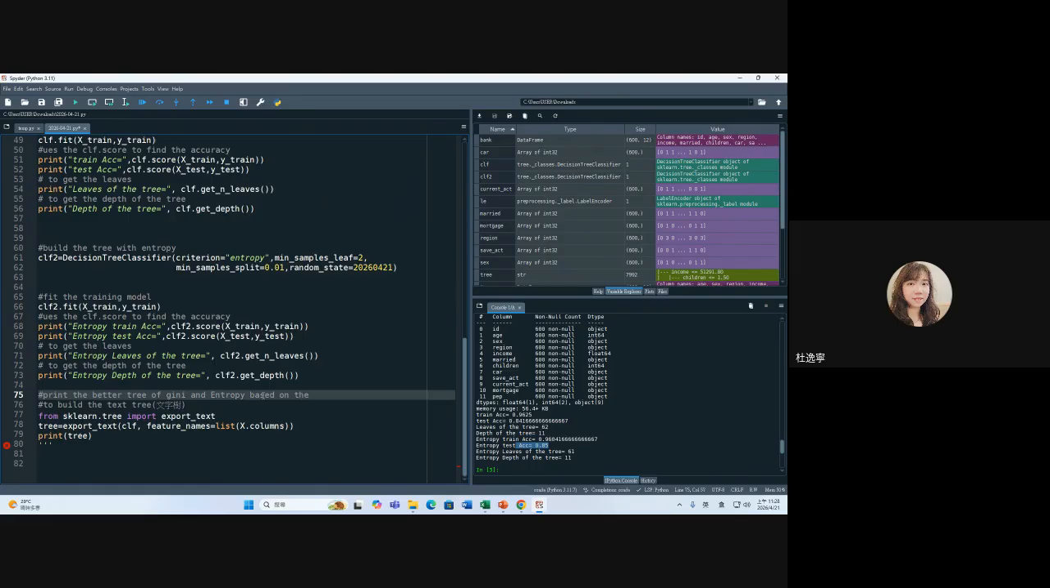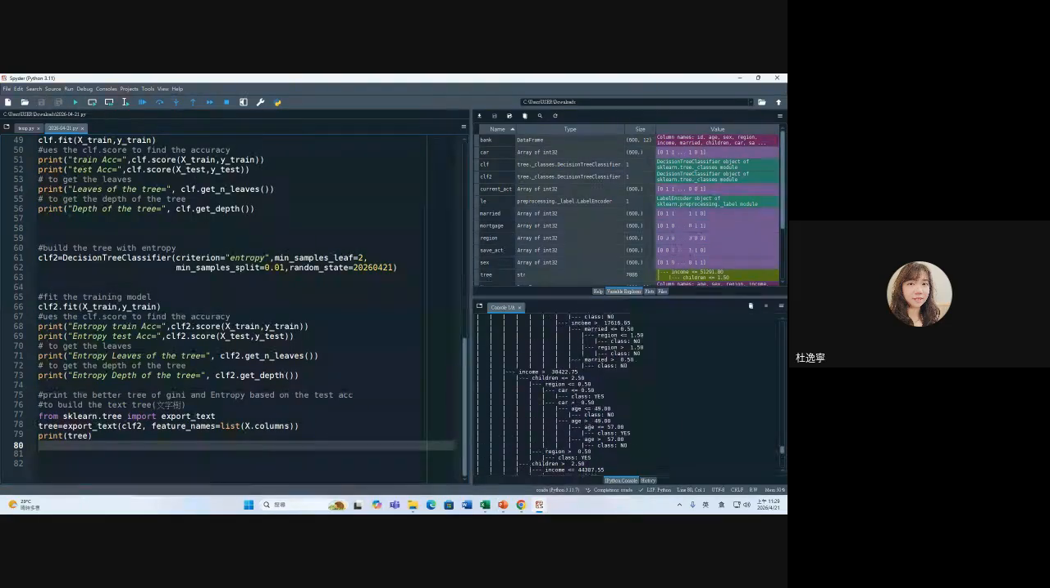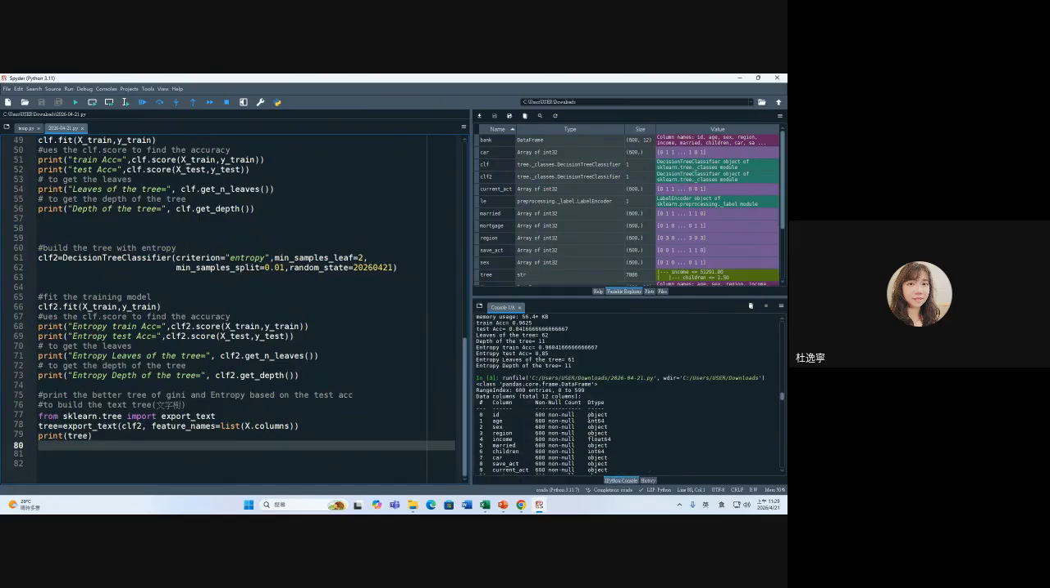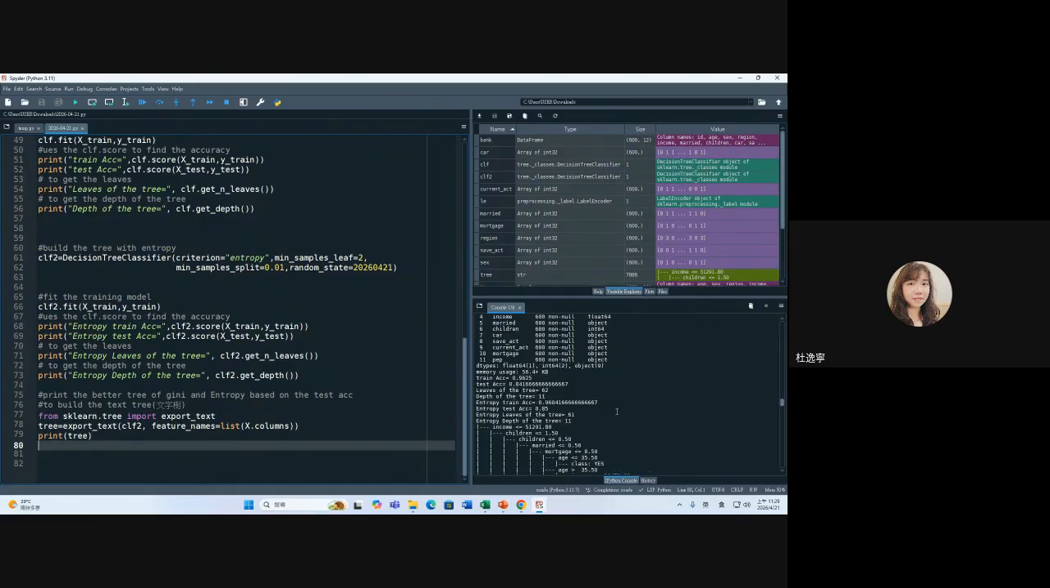Based on the test, ACC. So the better one is 2. 比较好的是 entropy 的，所以我们就印 entropy 的数。所以改掉了啊。The test tree we will use the entropy because it's better, the result is better. 这个才是比较好的结果。好，所以 first please copy this into